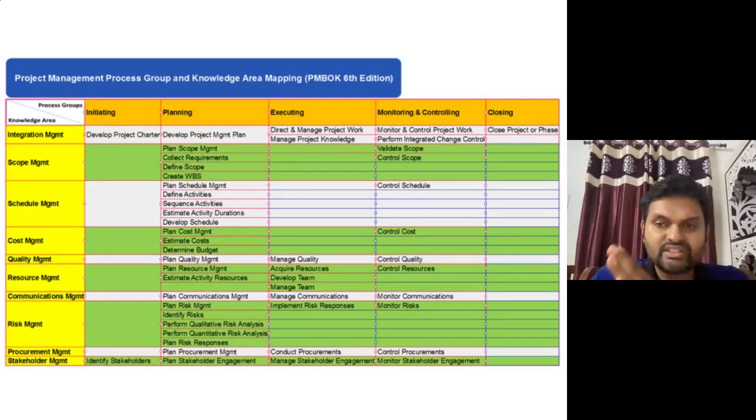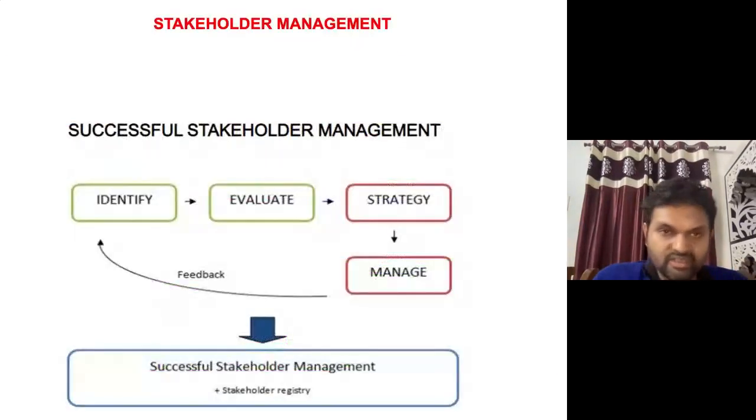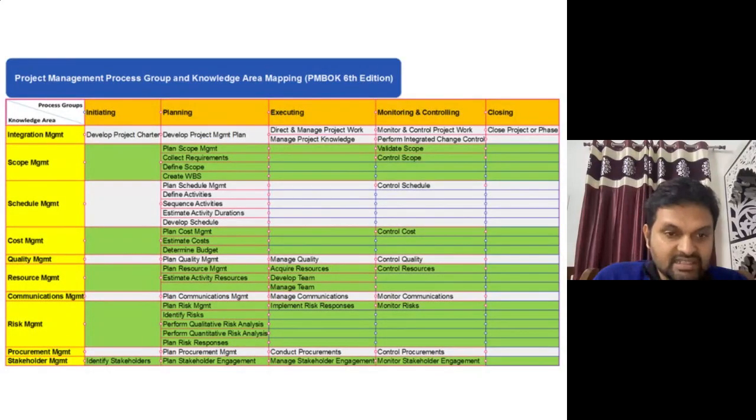Right? Okay, let's see. When you see them one by one, you're going to understand it in a much better approach. Okay, so now let's move to the very important part. For example, here we can see the last row, stakeholder management. Right now we are covering stakeholder management, so you're going to get the elements very clear.